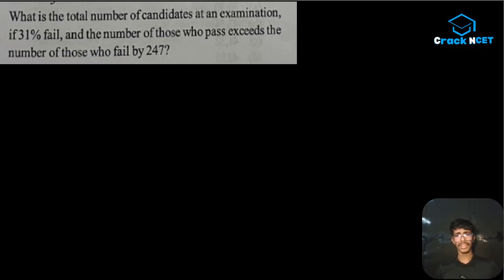What is the total number of candidates in an examination if 31% failed and the number of those who passed exceeds the number of those who failed by 27? 31% failed, so then what will be the percentage of pass? 100 minus 31, which is equal to 69% will pass. And the number of those who passed,